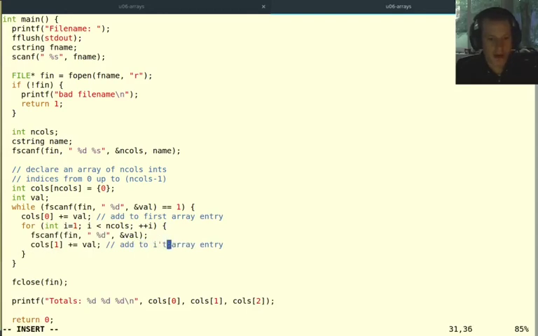And instead of adding to the second array entry here, this is going to add to the ith array entry. So the real power of arrays is that I can use them in loops and now do multiple things like this. So this is going to be my loop now, which adds to each part of this array by reading in. And the other thing I need to change that's unfortunately going to go to more than one line now